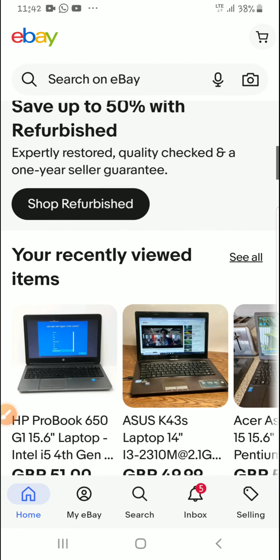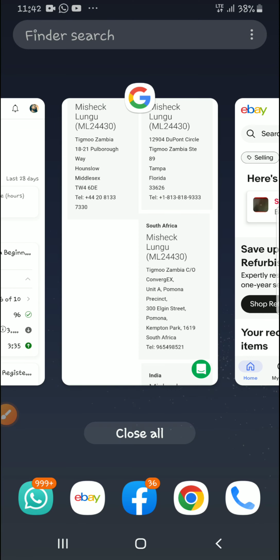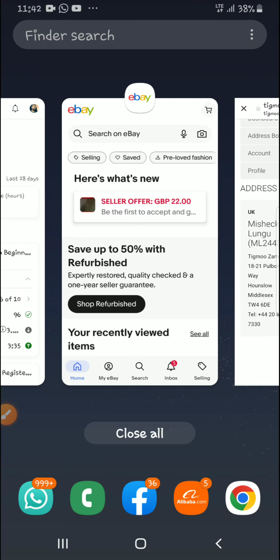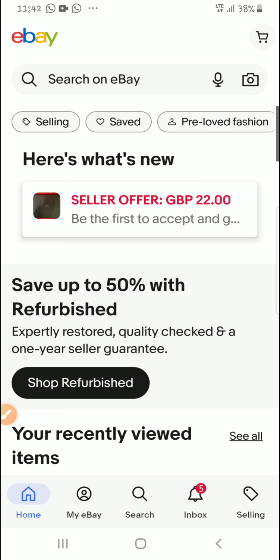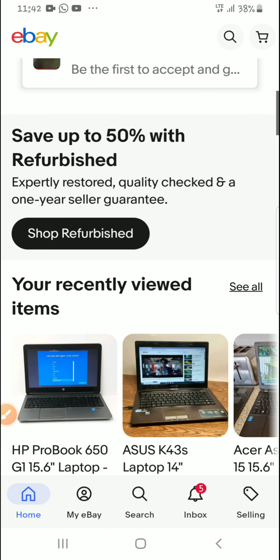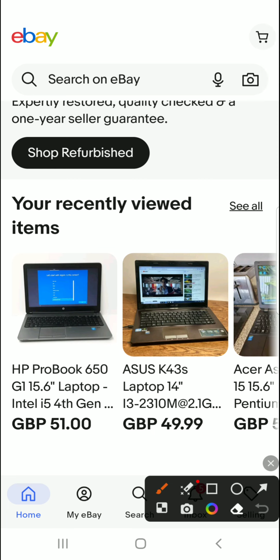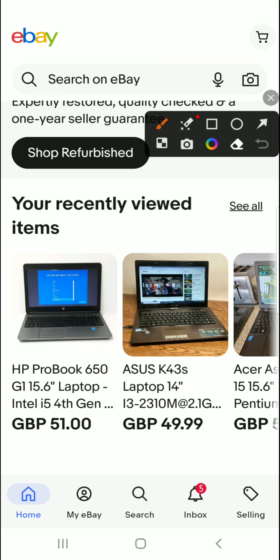I haven't used Tigmoo before when trying to buy a laptop. I've used it for something else. So I'm going to show you how to add my Tigmoo account address here to my eBay account, which shouldn't be very hard. So first of all, if you have an updated eBay,